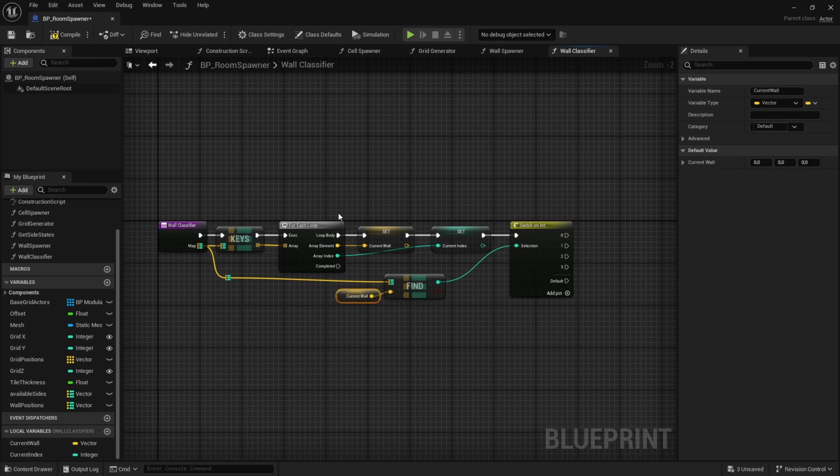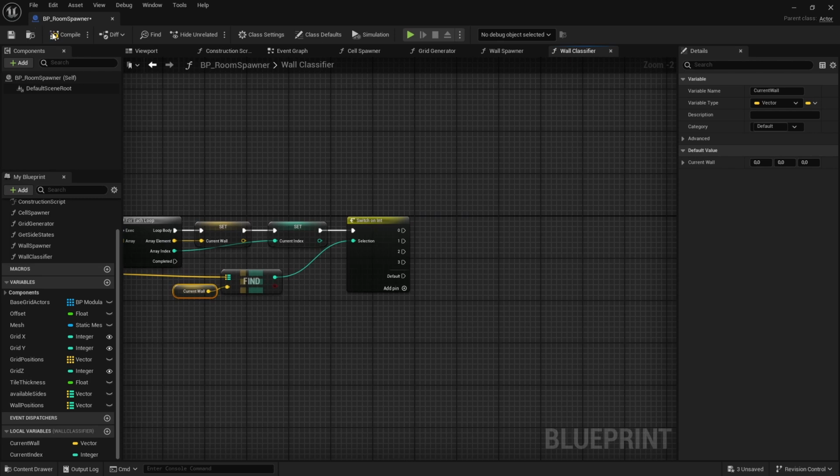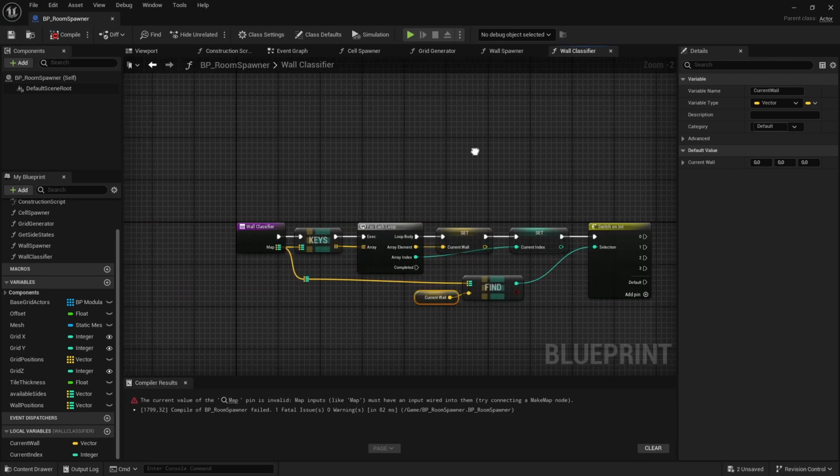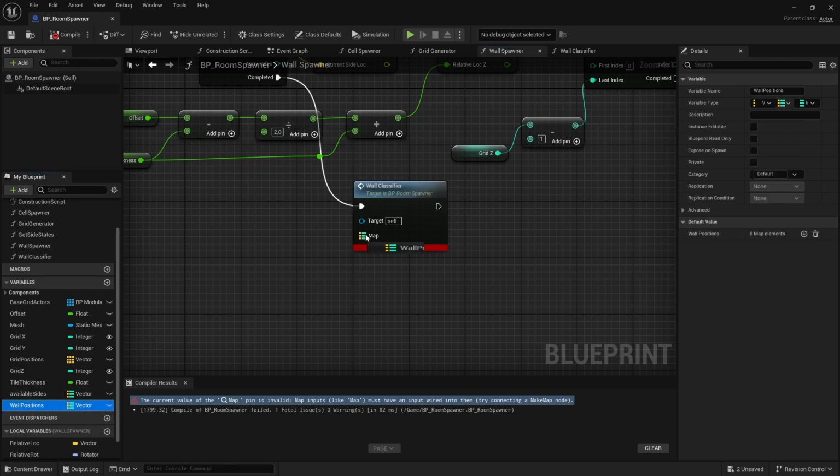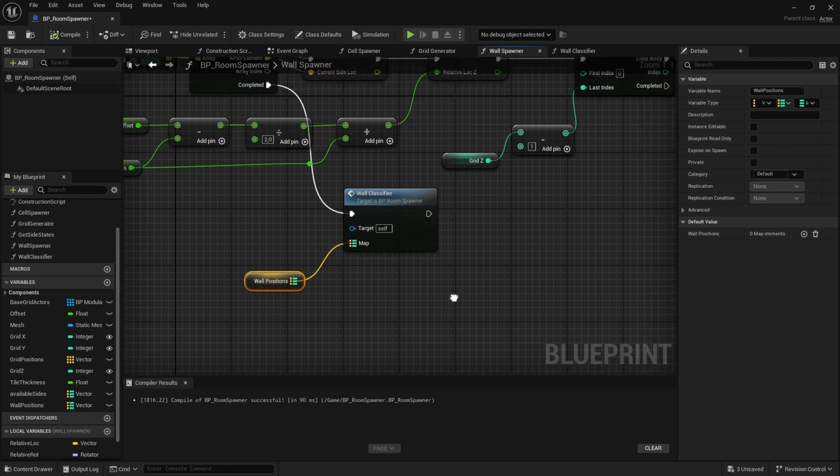Okay, let's compile. Oh, an error. We have an error here. Just let's use the wall positions. Okay,